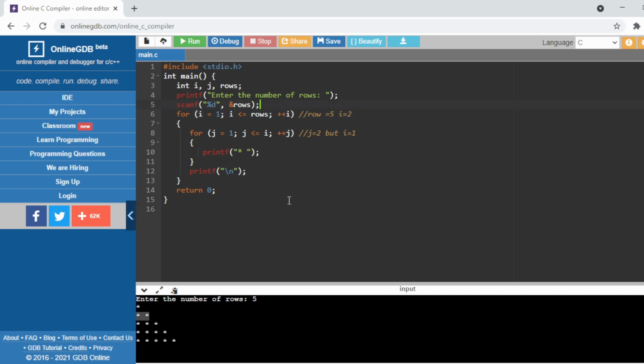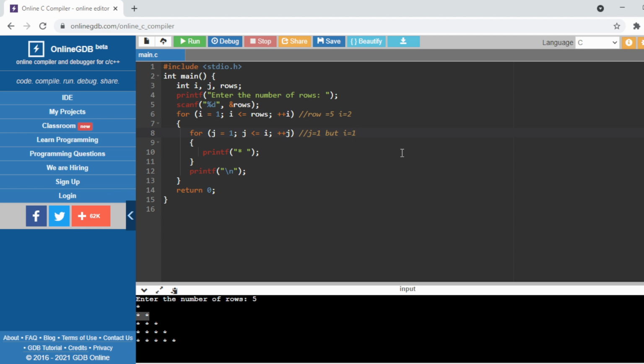Now for i equals 2, again 2 is less than 5, because the value of row is 5. So 2 less than 5 means your condition is satisfied, so it will enter the loop again, and the value of j will start with 1.